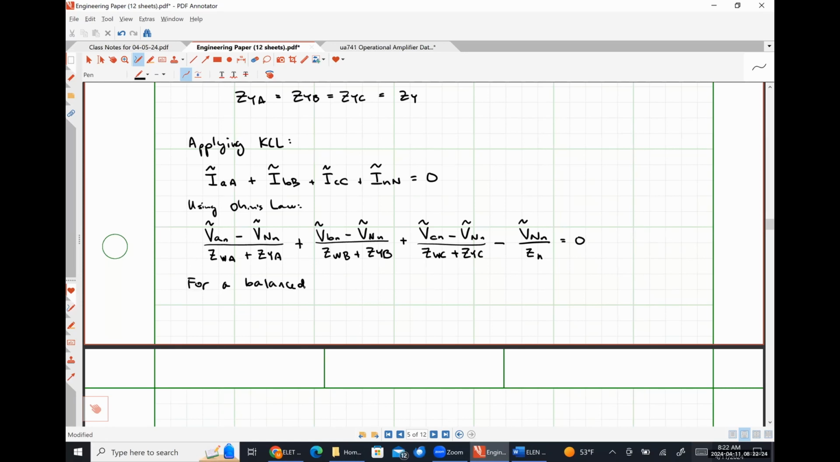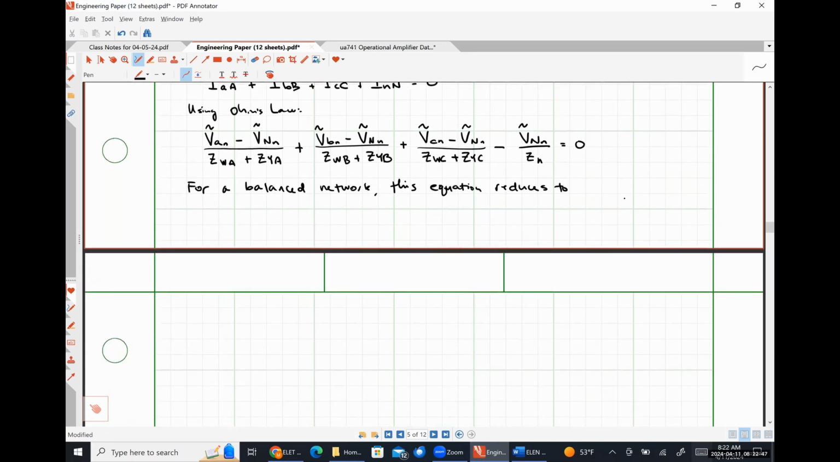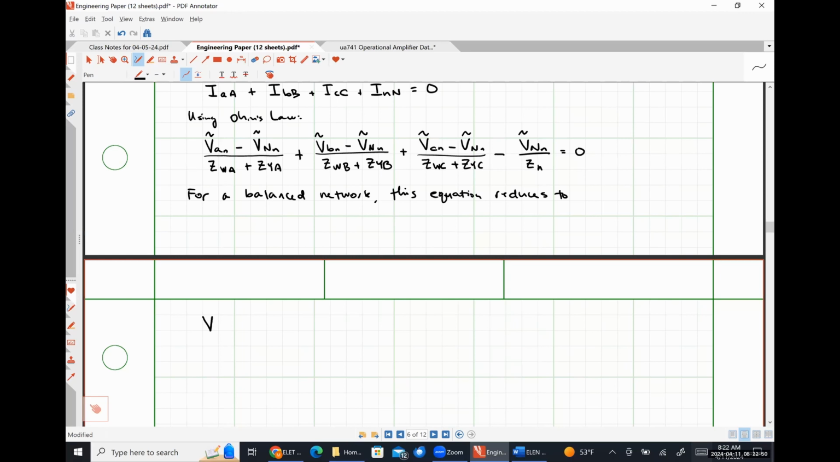So for a balanced network, this equation will reduce to, so I'm going to move that V capital N lowercase n over to the other side of the equal sign. So I'm going to have V capital N lowercase n over Zn will be equal to VAN minus VNN